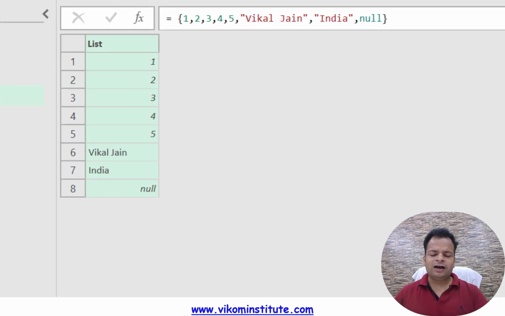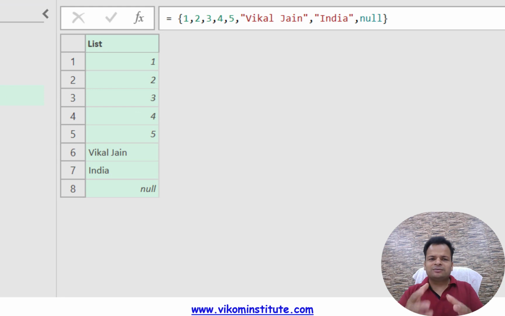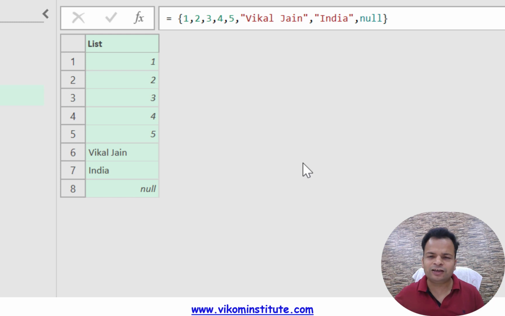Now I need to find out the value of the 5th item from the list. Whenever you are automating something, it might be possible you need to find out a value like the 6th position or 7th position. So a list finds the value based on the position, not on the value, not on the numbers, text or null. Position starts from 0. If I count the items in the list, it will start like this: 0 1 2 3 4 5 6 7. So the 5th position is my name.